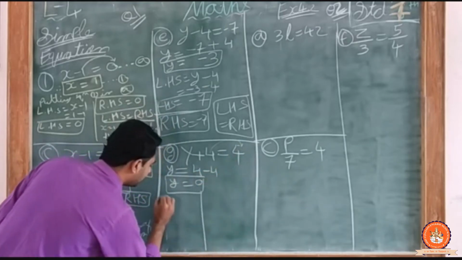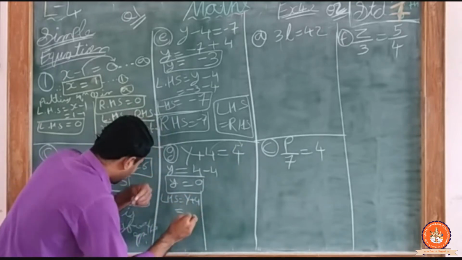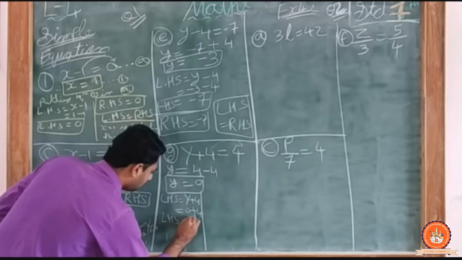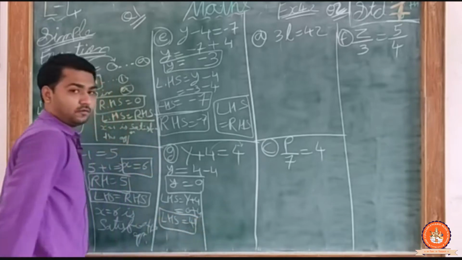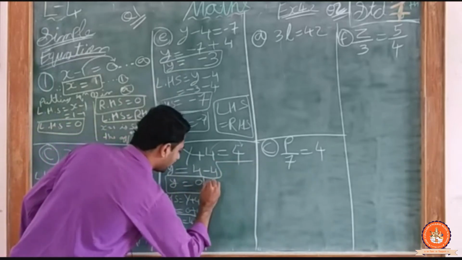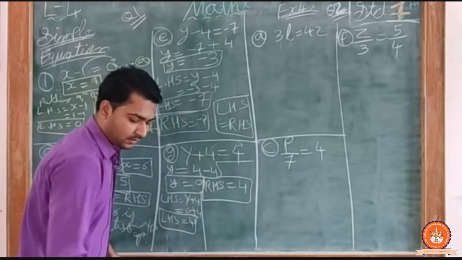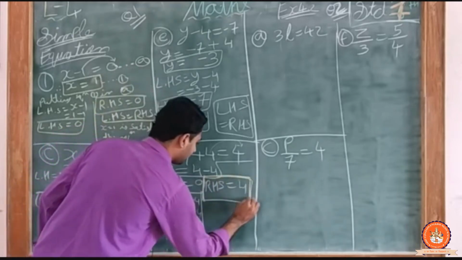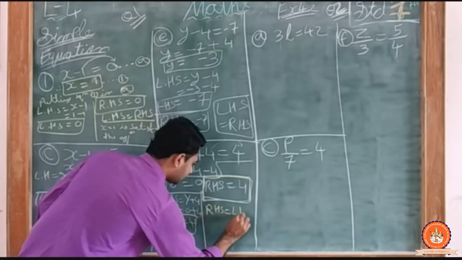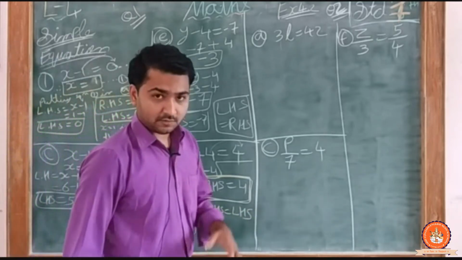Now putting this value in the LHS side, the LHS is y plus 4. Now y I have 0 plus 4, that means LHS I got is equal to 4. LHS मुझे क्या मिलेगा, 4 मिलेगा after putting the value of y. Now RHS, so what is RHS? RHS already I have 4. मेरे पास RHS की वैल्यू डायरेक्टली अवेलेबल है. So from this I can say that RHS is equal to LHS, or else LHS equal to RHS. H1 भी उसकी जैसे ही है.